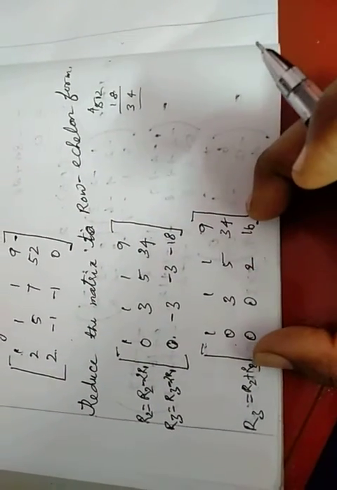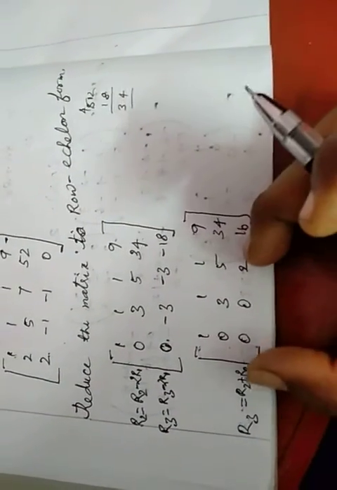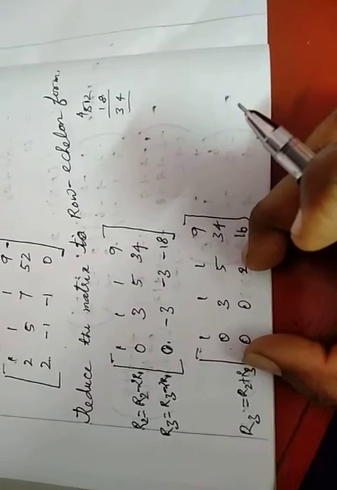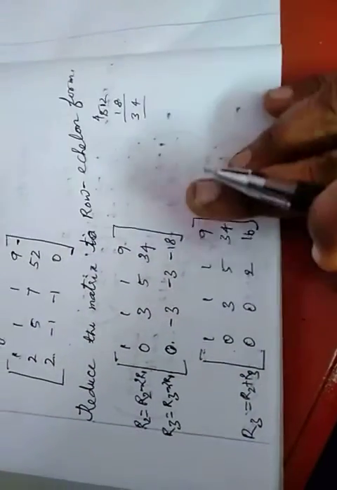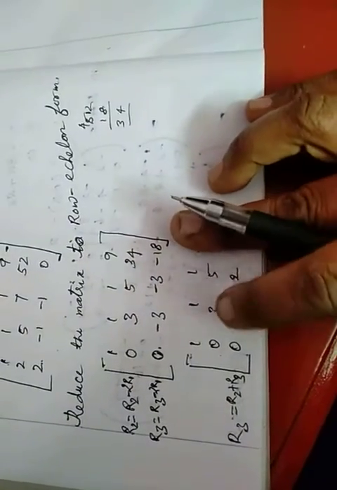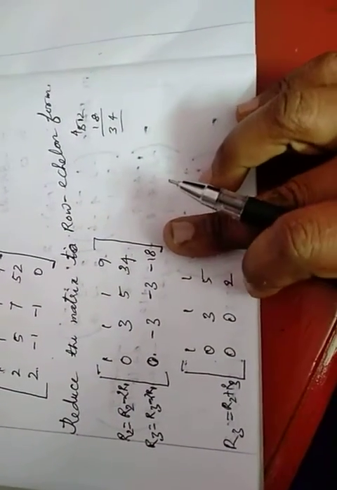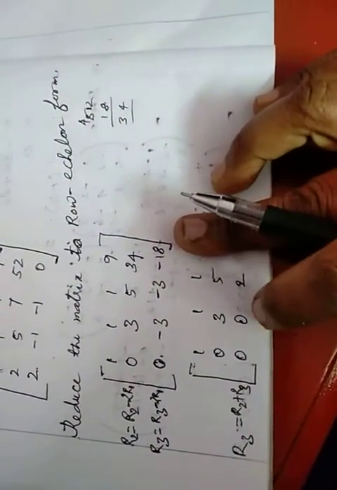Now let us find the rank of the A matrix. This alone is the rank of A. This is the augmented matrix AB. So the rank of matrix A is the number of non-zero rows. So is there any zero row in this matrix? Is it so or not? All the rows have at least one non-zero number.